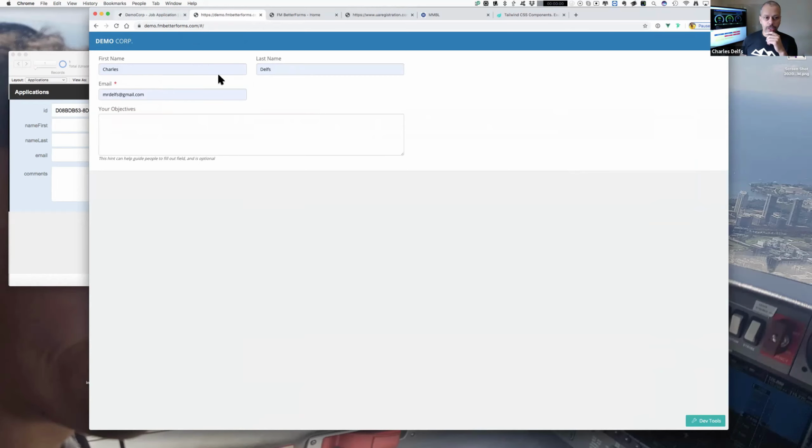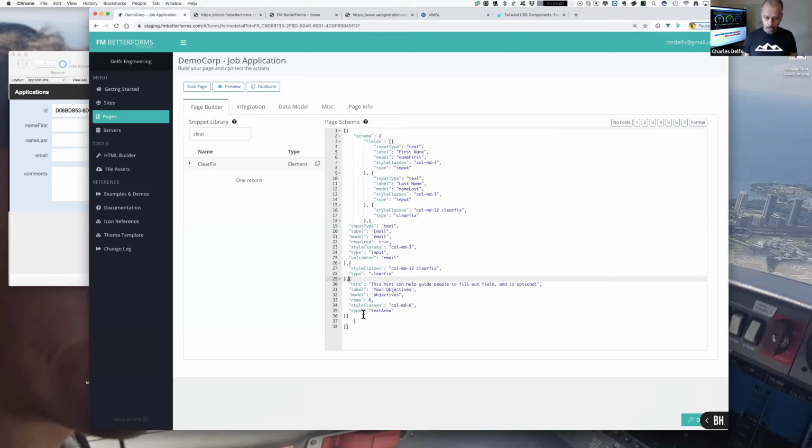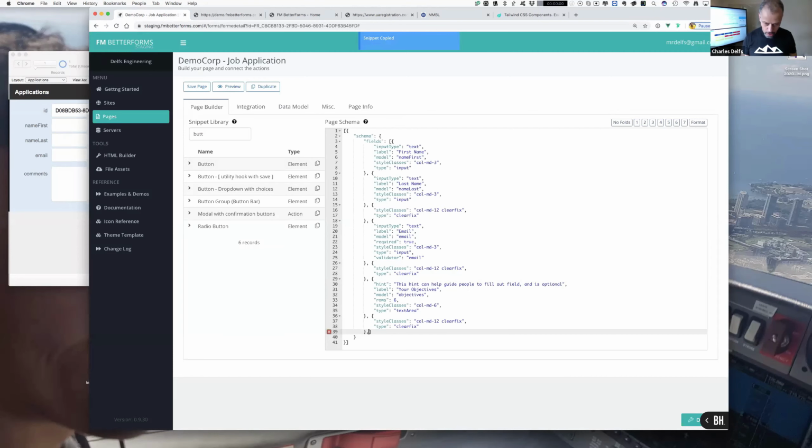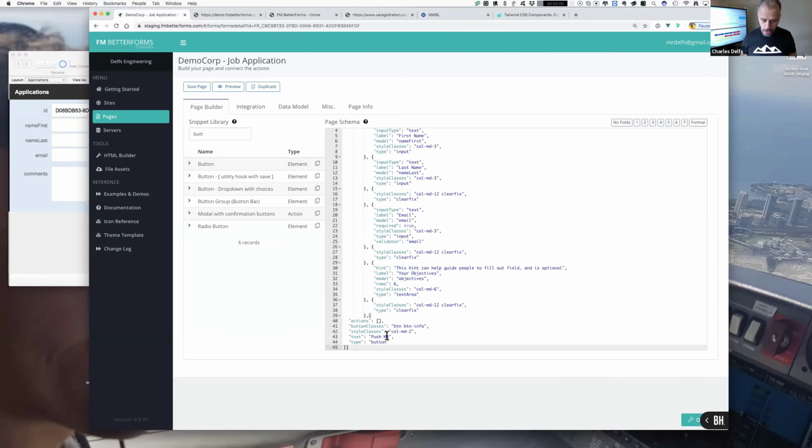And so let's go through and add a button here. I'm going to put one more of these clearing elements right in here, and I am going to search for a button. So I'm going to grab a button. We have a bunch of different ones here, and we can style these any way we want. And I'm going to place a button on here. It says push me for the title, and I'm going to say